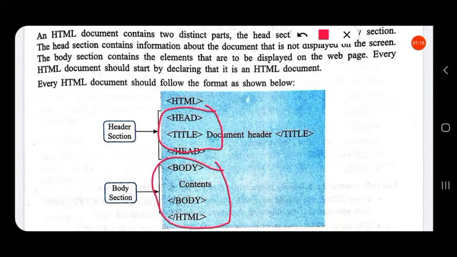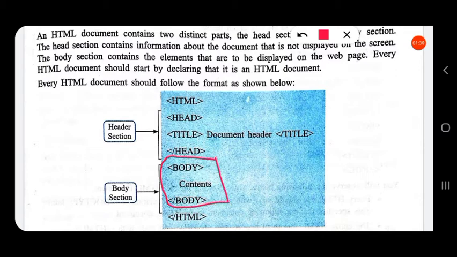A head tag contains the title, which is not shown in the web page. The title is used only to identify a web page. And the contents which are shown on the web page are inside the body tag.